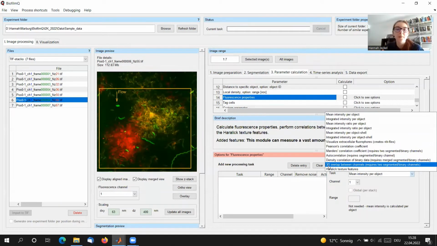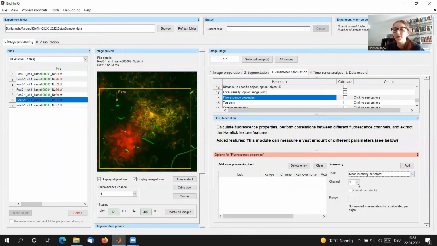And this is actually something that might also be interesting here. If I do choose to segment the second channel, I can do this 3D overlap in order to figure out which cells are present in both channels and which cells are only present in one channel. In our case, it might be enough to just calculate the mean intensity per object on the second channel,